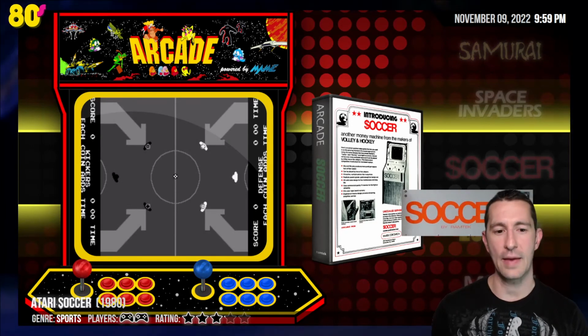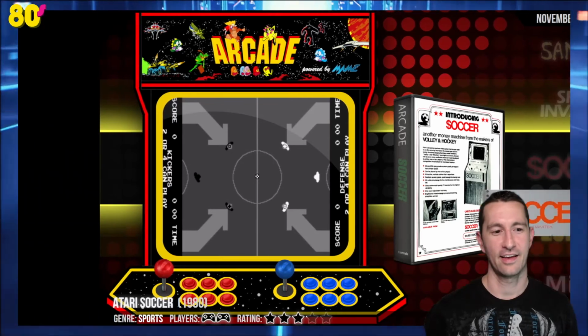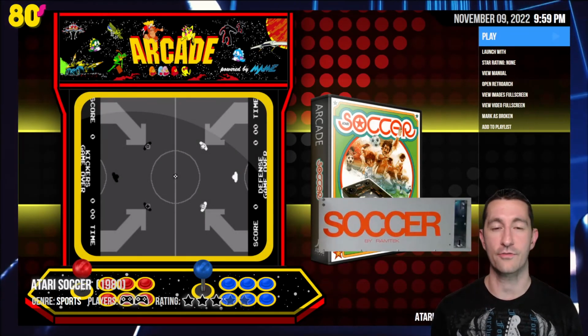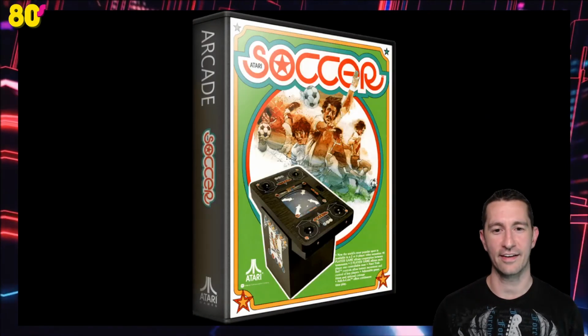We are back in the arcades, and this is Atari Soccer. We've seen almost every Atari sport now. This, I think, is one of the last ones. Atari Football, very influential for having the trackball. Atari Soccer, though, they have 2 different...